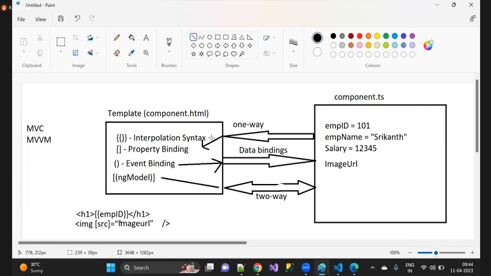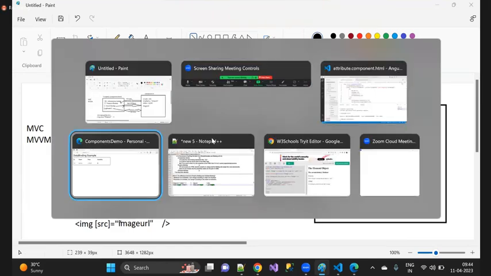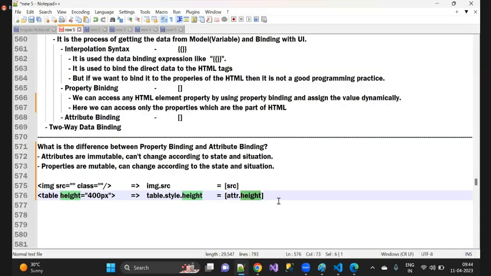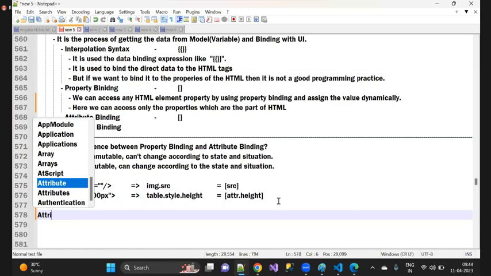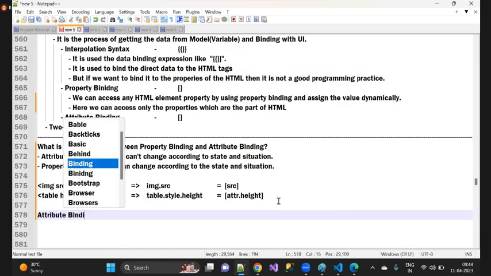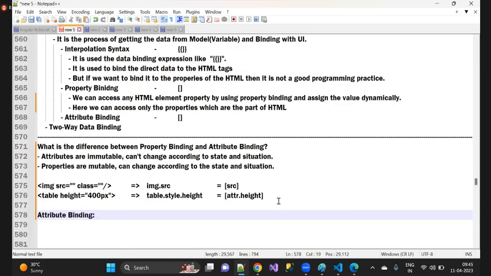But now what I want to do is go with event binding. Now, what is event binding? We will be understanding here what is event binding. And before that, I can write something like attribute binding exactly. So it allows, simply I can say, it allows